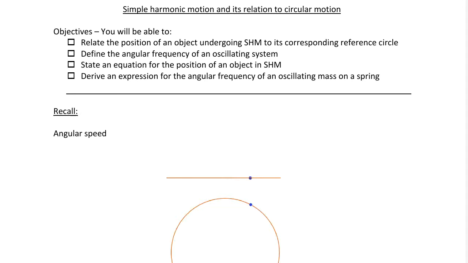This lesson is on simple harmonic motion and its relation to circular motion, and here are your objectives. First, let's recall from our discussion of circular motion that angular speed, which we give the symbol omega to, means